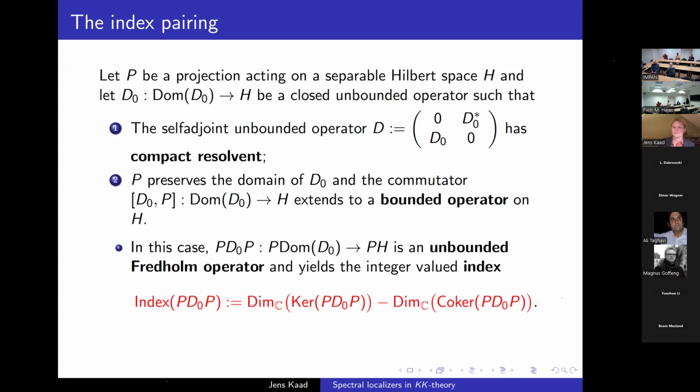Jens, please allow me to ask a very dummy, embarrassing question. I'm used to the definition of Fredholm operators when they are bounded. How exactly do you define them when they are unbounded? Because I'm used to saying, okay, modulo compact, they are invertible. Do you have something similar? Here I'm just saying that I have finite dimensional kernel and co-kernel. Okay, so a down to earth definition. Yes, just that.